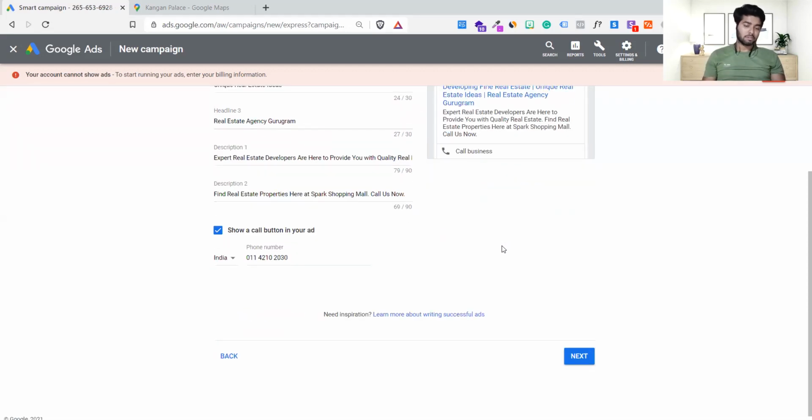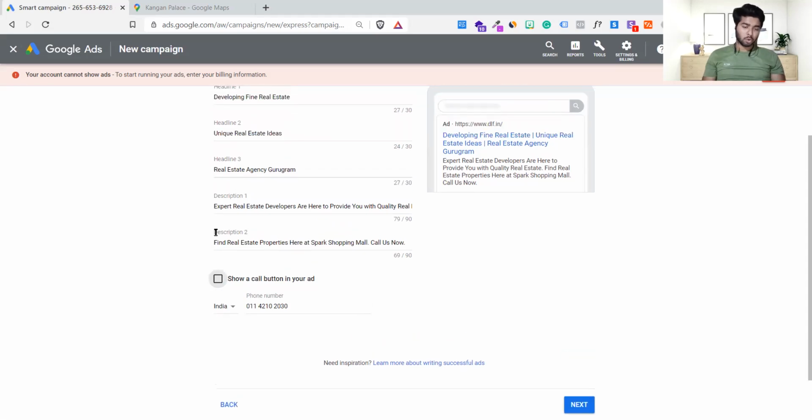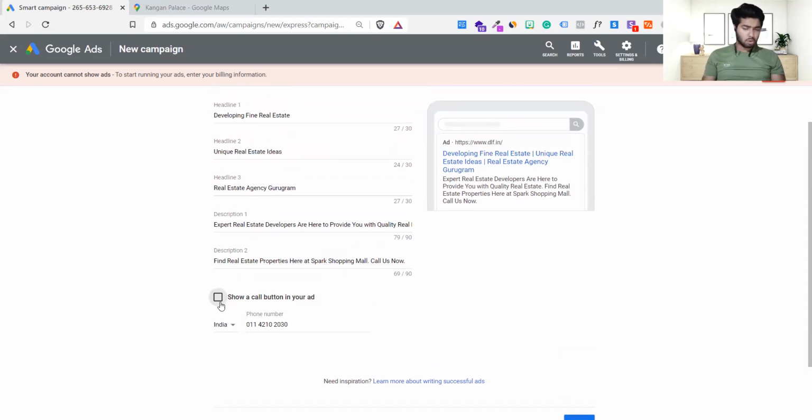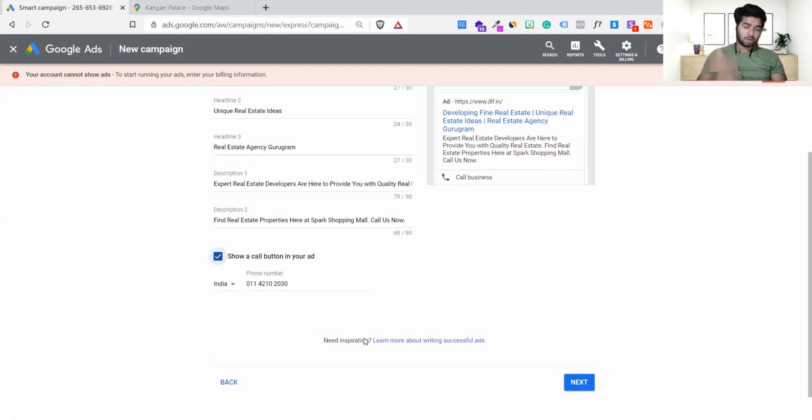Now, second important stuff right here. Do you want to give this option to your viewers, which is to show a call button in your ads, or you don't want to do it? Which will you prefer? Yes, we can give it. It's better to give it, right? Why are you avoiding it? Because we must have higher chances to get the click, either on WhatsApp, on our phone button, on our website, or on our map option. Any of these options. We have to target maximum clicks on our search queries.